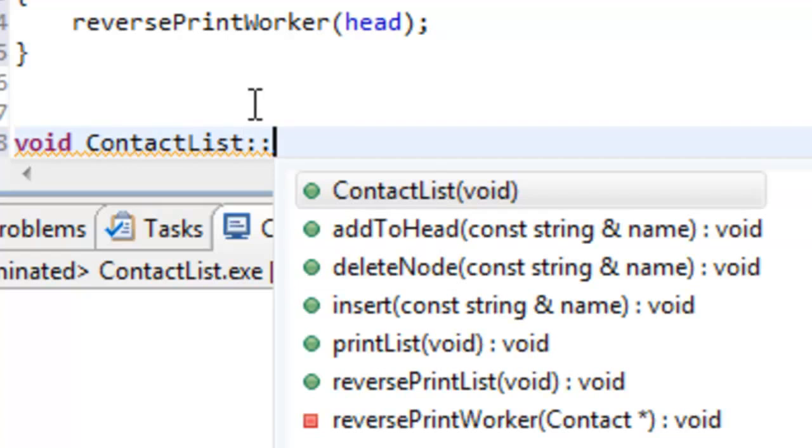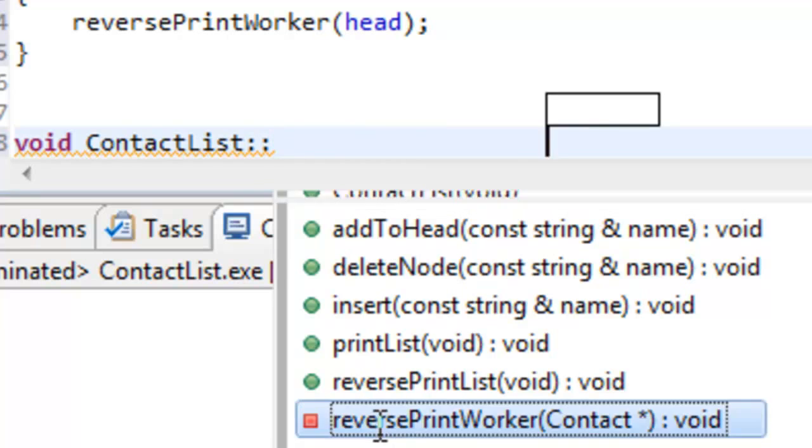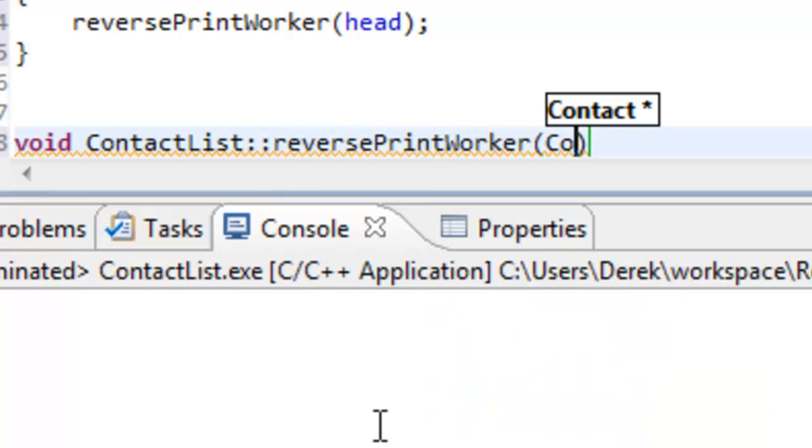So use the scope operator there, and we can select it. You see here, whenever we have this auto completion set up, the private functions or any private members are going to show up here in red. That little red square is indicating that it's a private member of our contact list class. So go ahead and select that, and we'll know that we have to pass in a contact pointer for initially